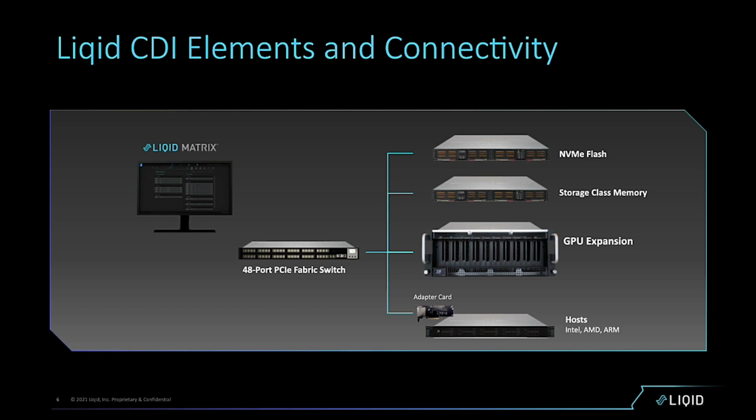So many resources can be disaggregated. I only show a few of them here. Obviously, it could possibly be DPU, NICs, FPGAs, etc. If they're PCIe devices, there's a fantastic possibility we can work with them. From a host standpoint, this is important. As I mentioned, this is